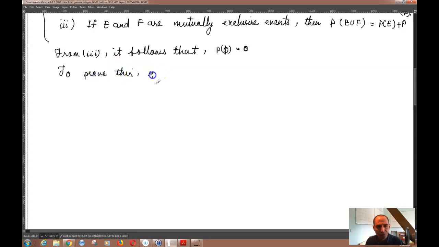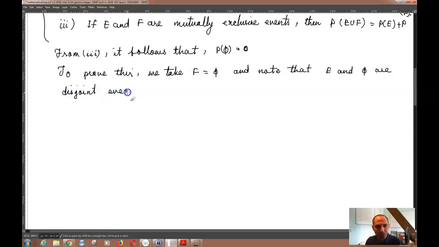To prove this, we take F is equal to phi, the null set, and note that E and phi are disjoint events. Therefore, from axiom 3 we get